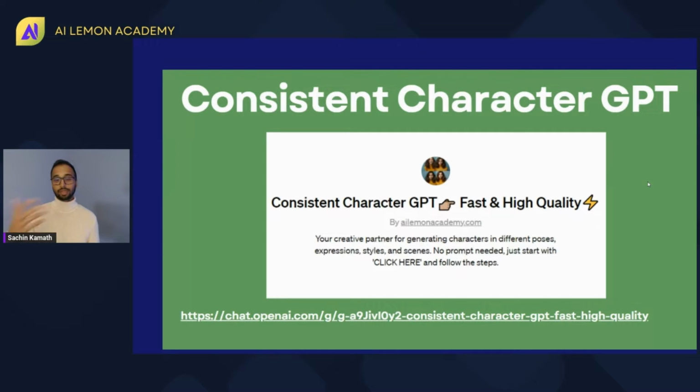You can use this for your comic book narratives, or any animation that you want to create. In fact, we will take an example at the end. You can also use it for your marketing campaigns, or just to create characters for any of your fun projects. It actually starts with just a fun project, and then you see a lot of possibilities out there.